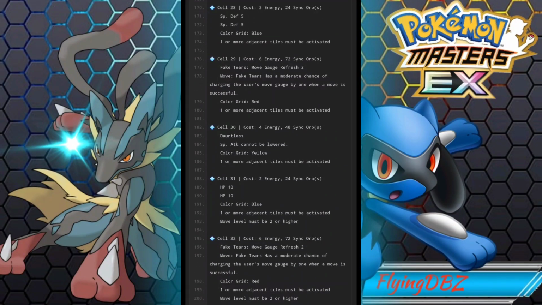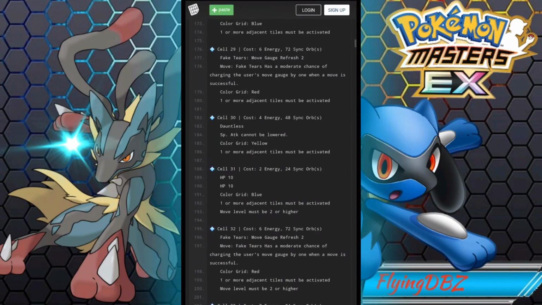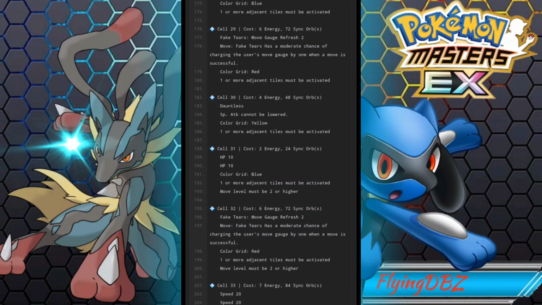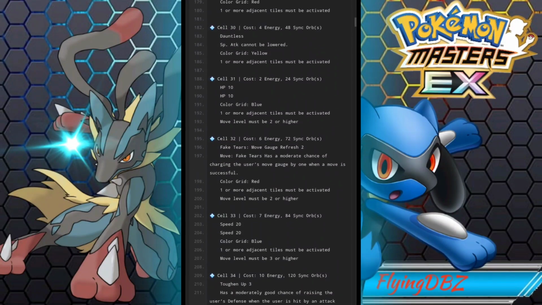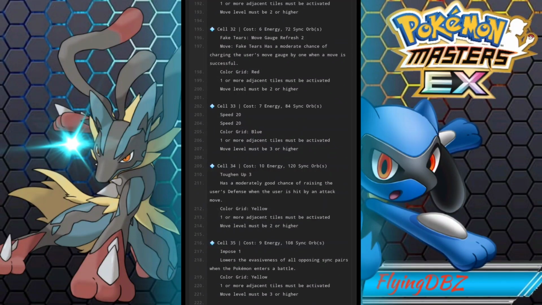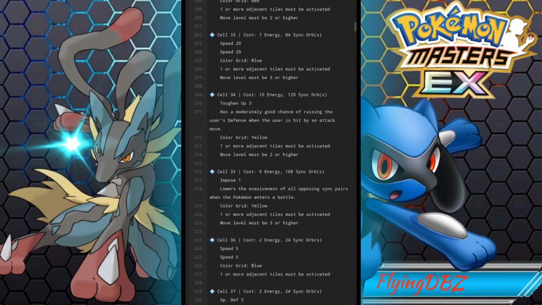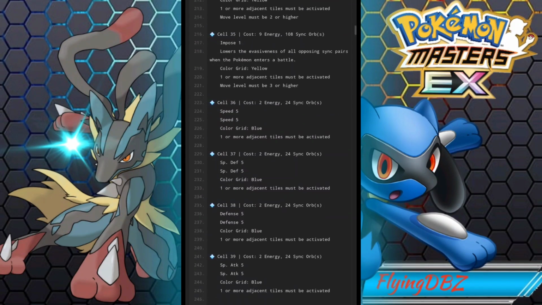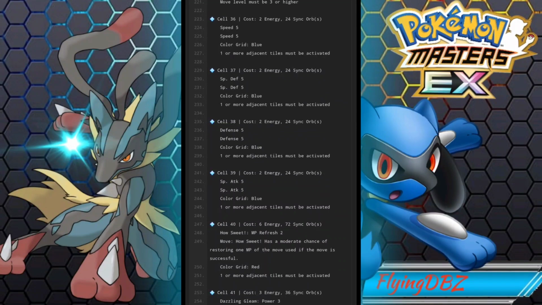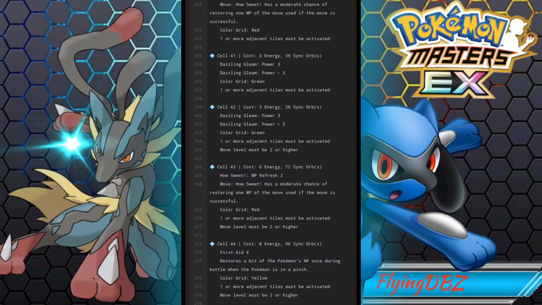And then we got Dauntless, special attack cannot be lowered. I mean, that's actually not bad, if you're going to be using them as an offensive Pokemon. And then you got Fake Tears Move Gauge Refresh. And then you got Toughen Up 3, has a moderately good chance of raising the user's defense when the user is hit by an attacking move, so that's pretty solid. And then you got Impose 1, lowers the evasiveness of all opposing sync pairs when the Pokemon enters the battle, and that's situational. And then you got House Sweet MP Refresh, Dazzling Gleam Power-Ups, MP Refresh 2 for House Sweet,